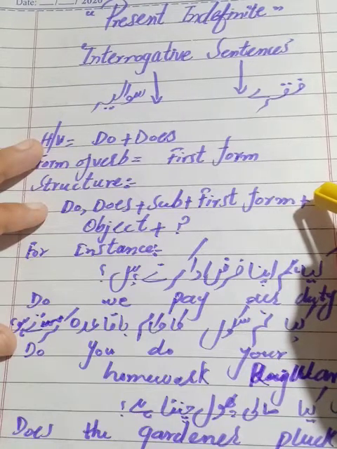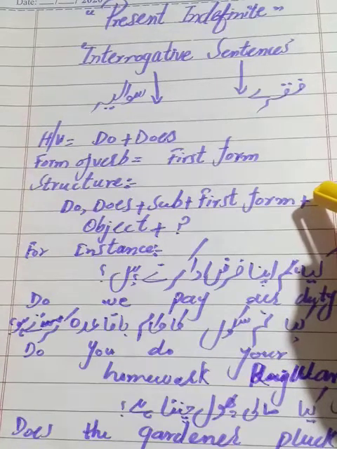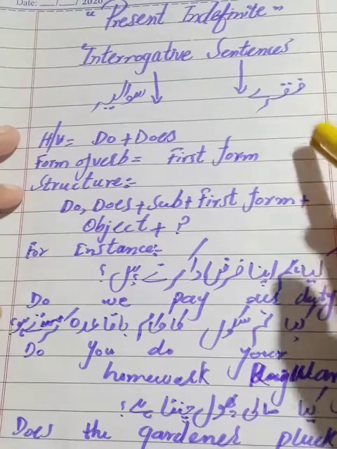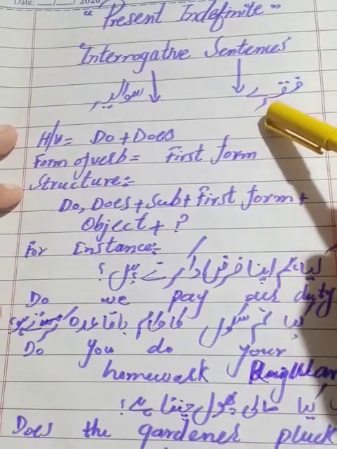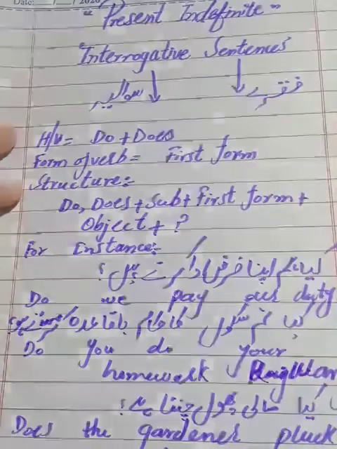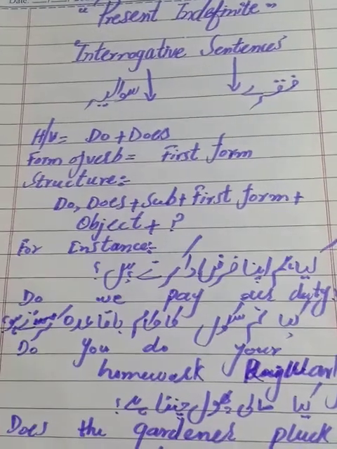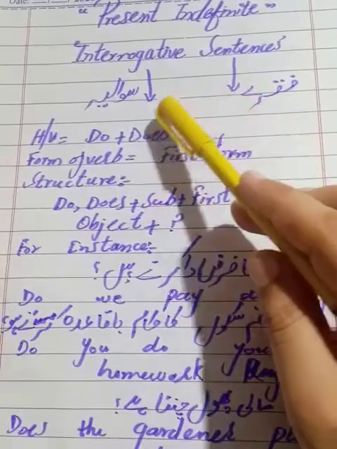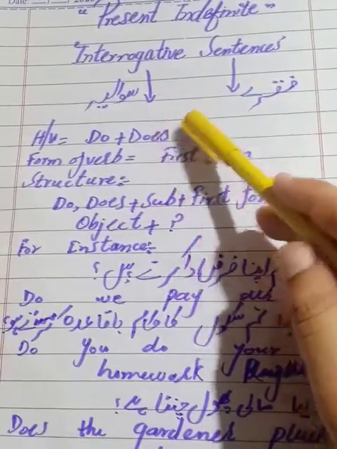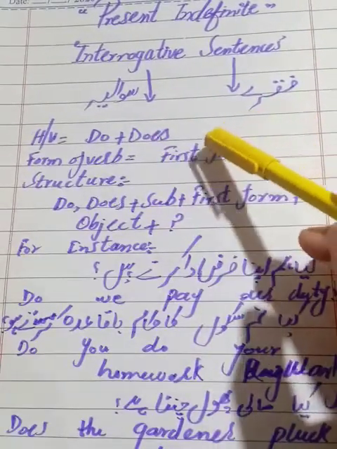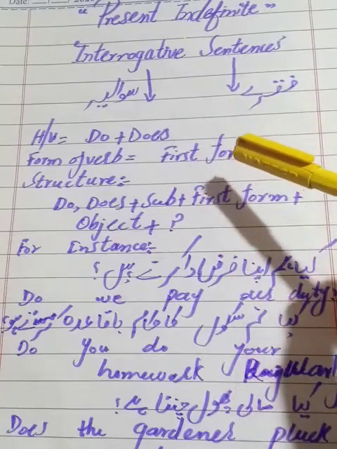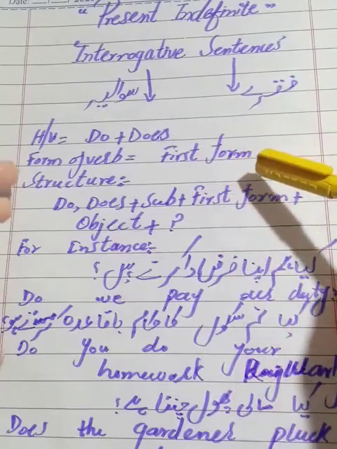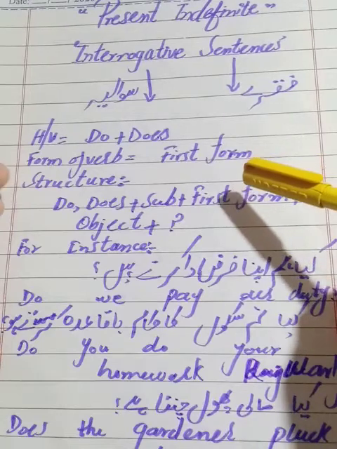Students, I told you there are 4 types of sentences. We did just 2, and today we will do 2 types. Here I have written interrogative sentences, which we will do today. Interrogative sentences mean सवालिया फ़िक्रे. Interrogative, you know, means सवालिया and फ़िक्रे. Students, in these sentences a question is asked, and at the start of the Urdu sentence there is क्या.